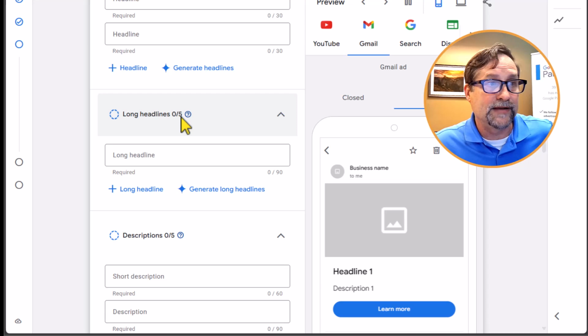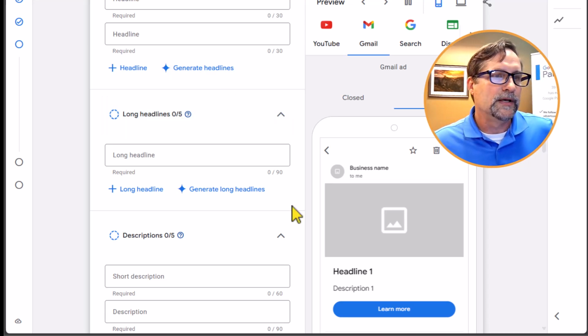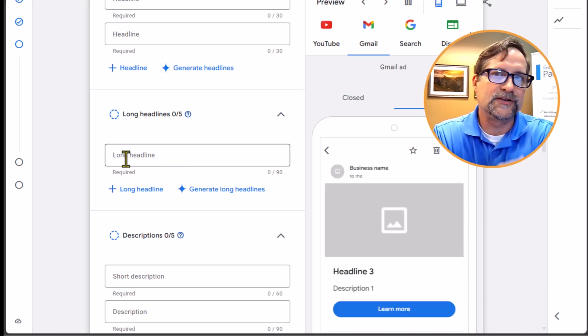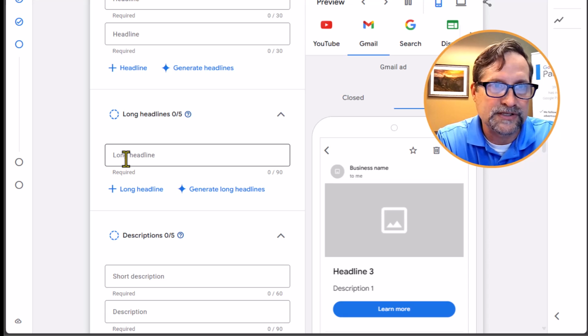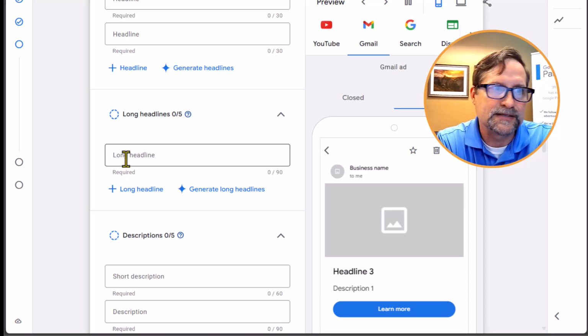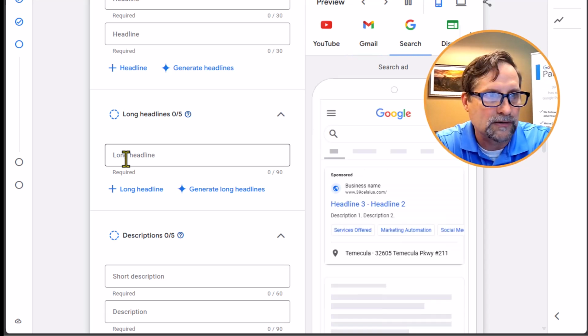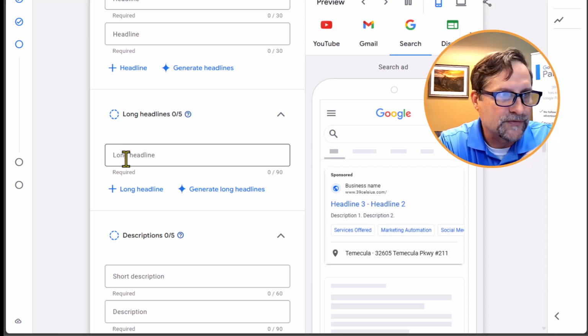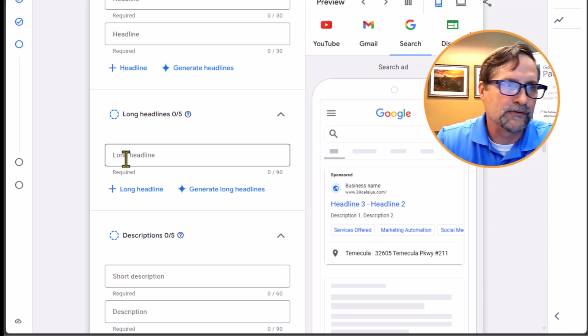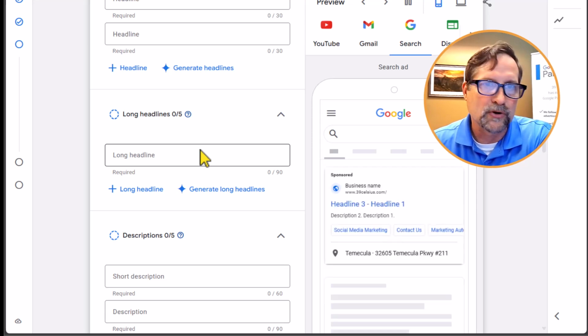Next are going to be the long headlines. You get 5 of those in this case. In search campaigns, we typically see you only get 4. You have 90 characters, so you have more room to elaborate on the features and benefits of this service that you're offering. Licensed estheticians, clean studios, walk-ins welcome, but use the 5 headlines here. Fill them out as thoroughly as you can. Make sure to include a call to action. Call now, book online,